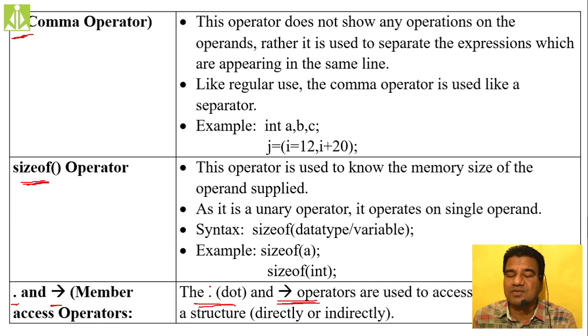In tomorrow's class, we'll be starting the precedence and associativity concept, and it is one of the important concepts. It is one of the LAQs, the long answer questions. After operators, there is a scope that they will ask a question from this precedence and associativity concept. It is a 7 marks question.